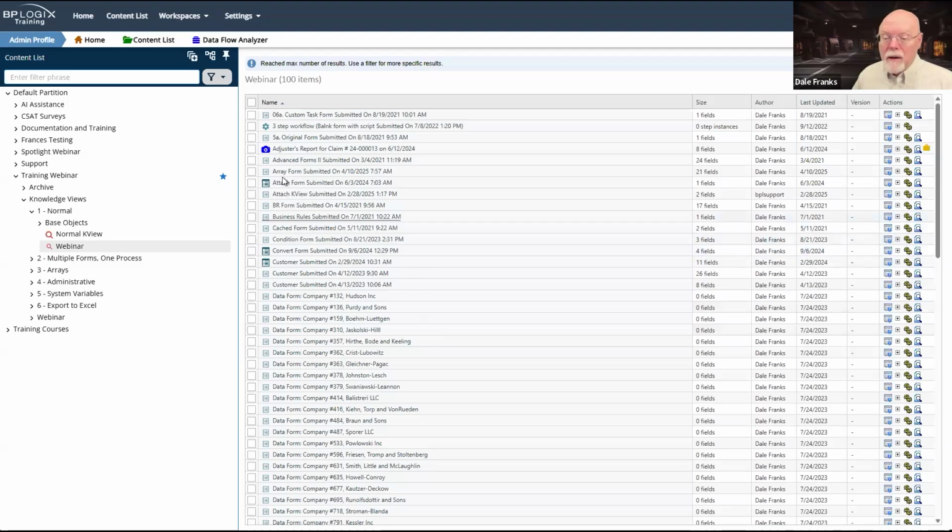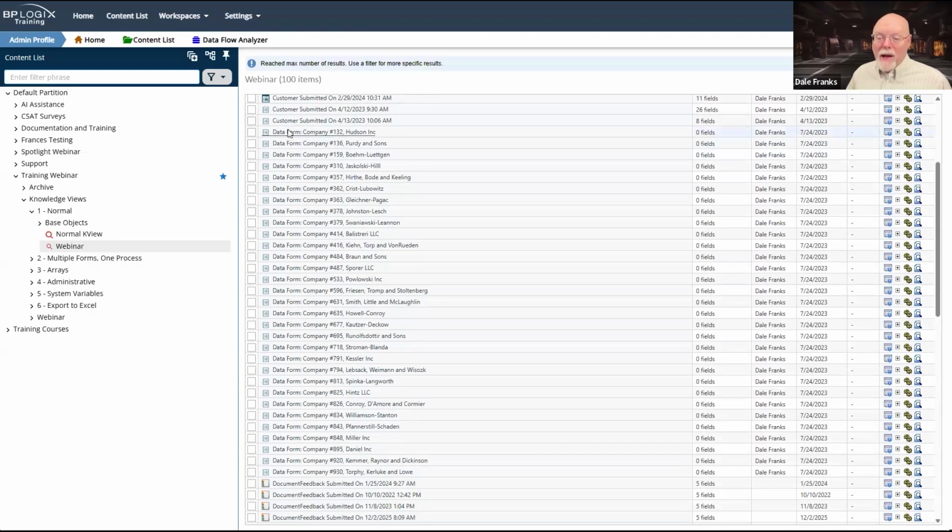If it did, then basically our very first knowledge views would all start with A, and I'm sure that I have a lot more forms that start with A somewhere on my system, but it's not returning them in that way. It's only finding one advanced forms 2 form. I'm pretty sure there's more than one instance of this form, just as I'm sure that if we look at this data form, I have way more than the 30 or 40, however many it is here. I know that I have 1,000 of these records, and I'm certainly not seeing that.